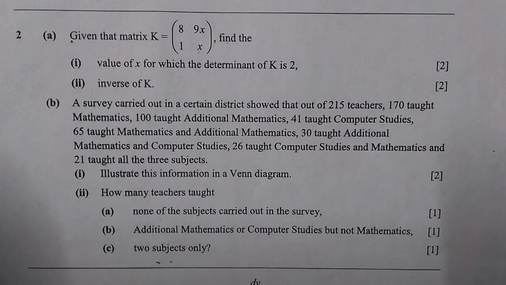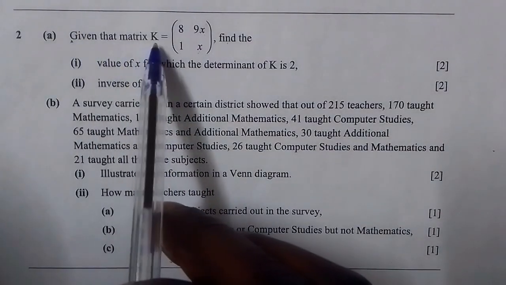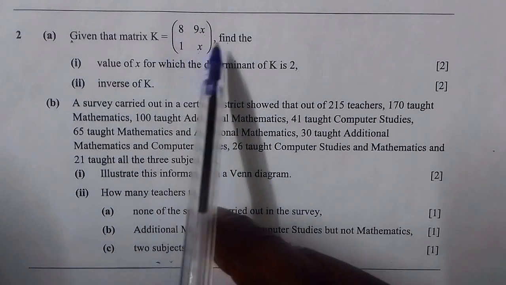Hello viewers, let's answer question 2 from a 2023 grade 12 internal math paper 2. This question has two parts, A and B. Part A is on matrices, part B is on sets. Starting with part A, the question reads: given that matrix K with the following entries 8, 9x, 1, x,